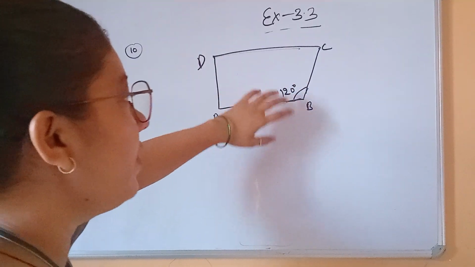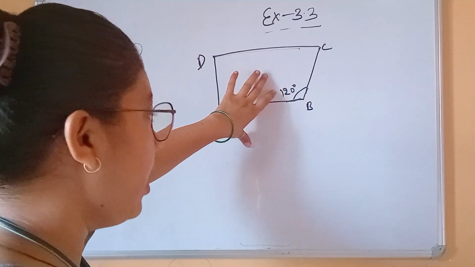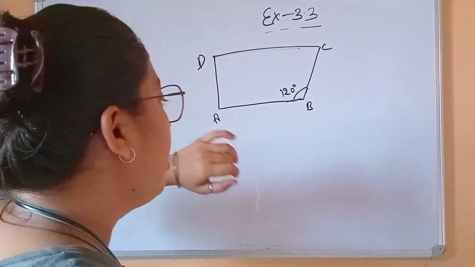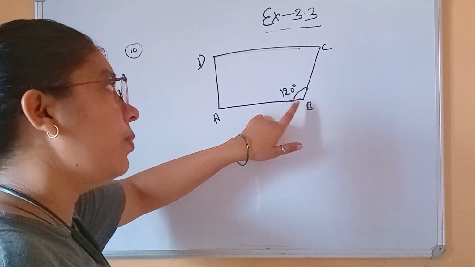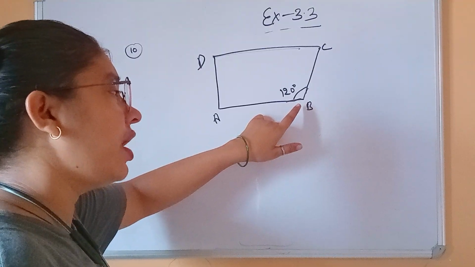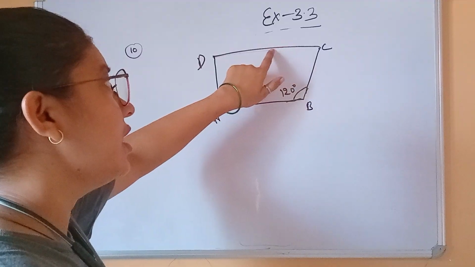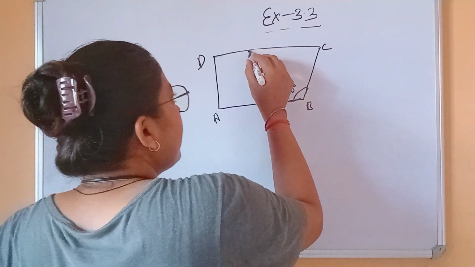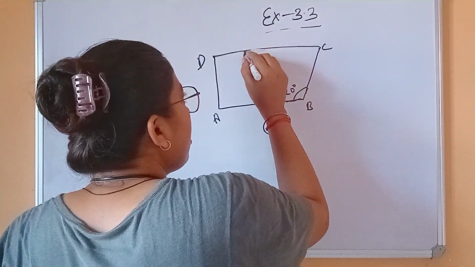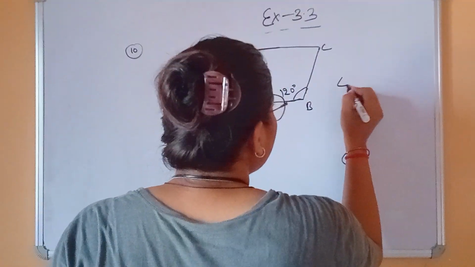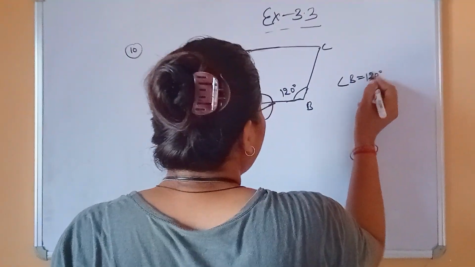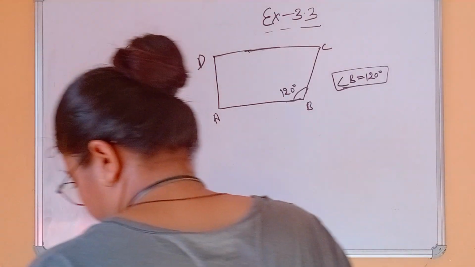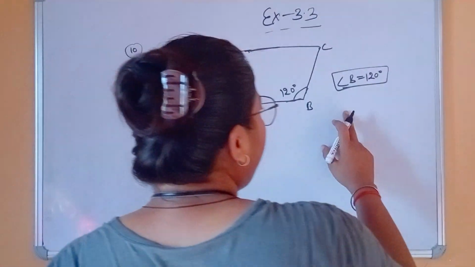If opposite sides were given, then you could easily understand whether the given trapezium follows the parallelogram property or not, that means whether two sides are parallel or not. So here only one angle is given. Angle B is equal to 120 degree. From here we can write angle C is the supplementary angle of angle B. We will not find angle C. So you can write here only the trapezium property.